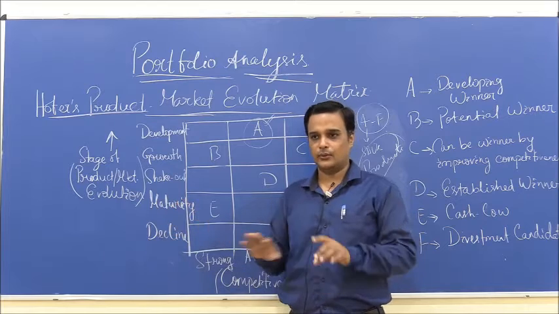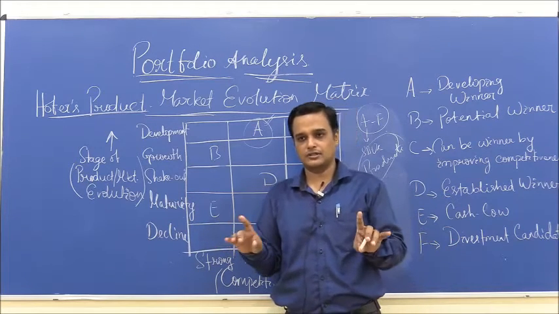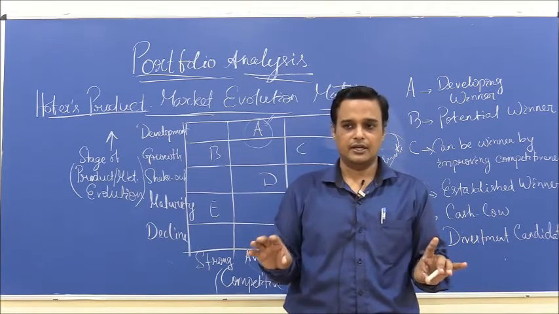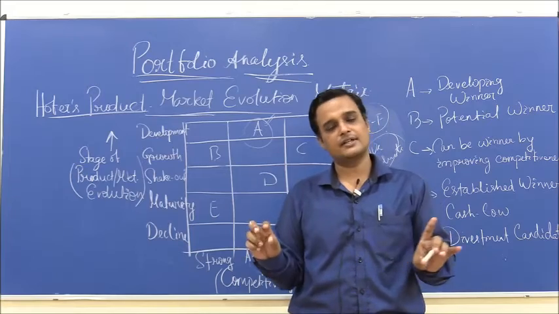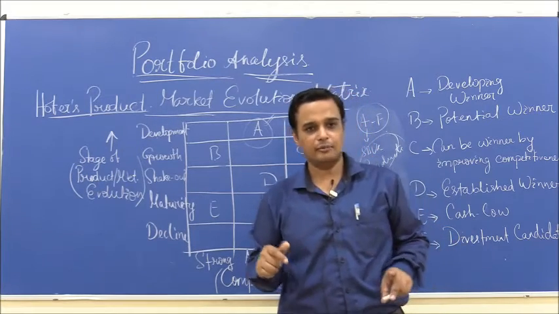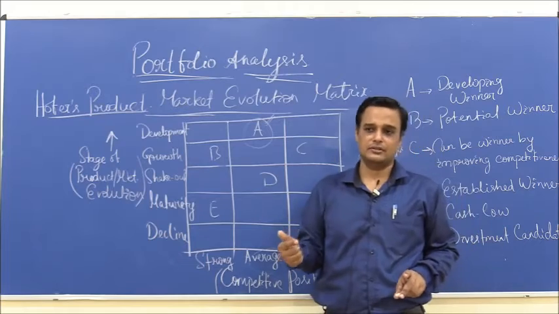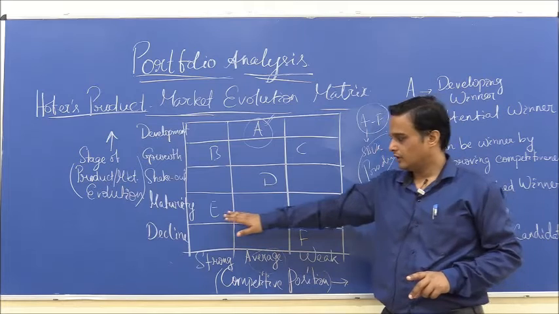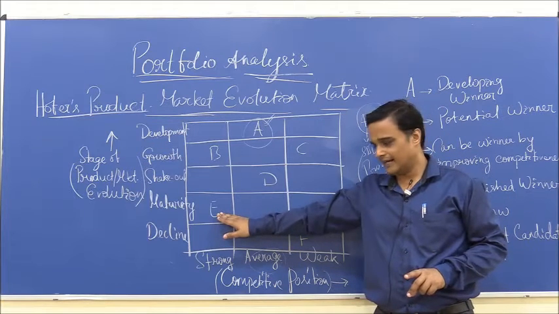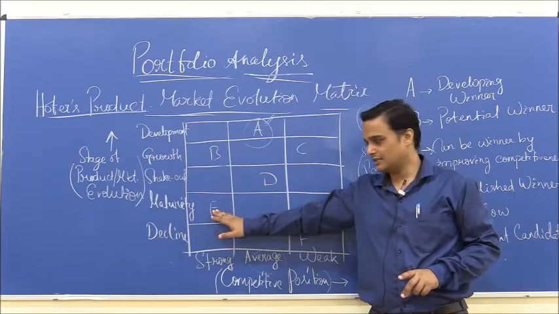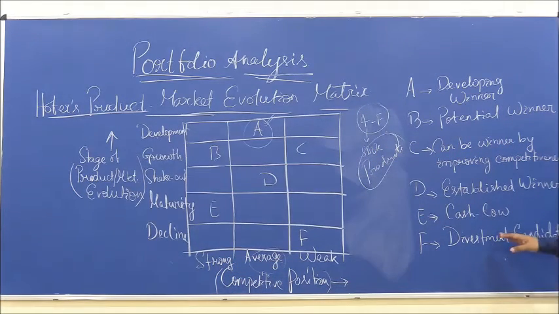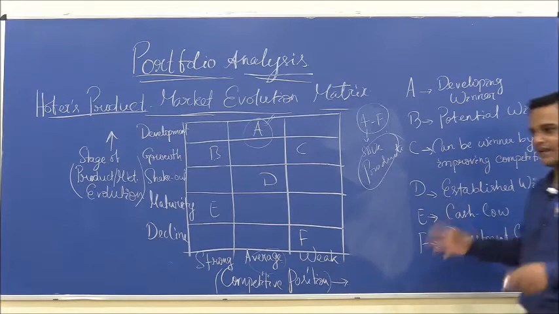In this stage, normally all players, not just one, but all players, begin to see their profits degrowing. That does not necessarily mean losses, but their profits are not growing at the same pace as they used to in the previous levels. So, how is an SBU or brand in a mature market, having a strong competitive position, going to be treated? It is a cash cow.